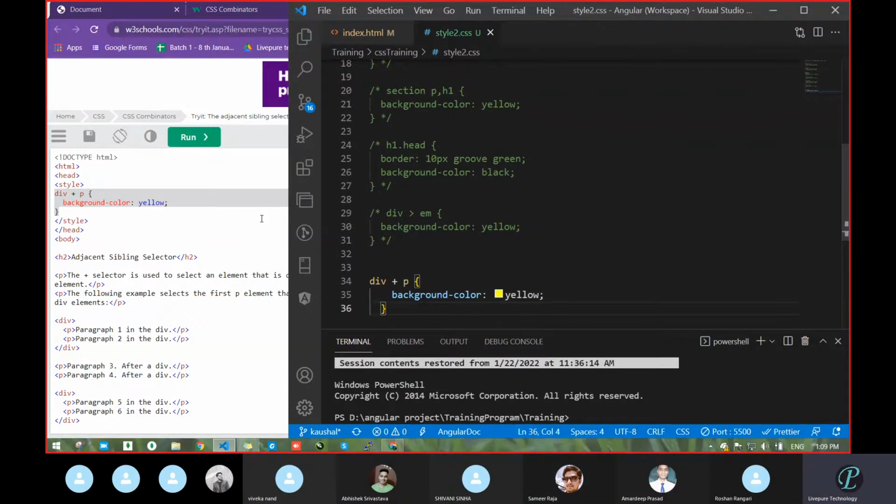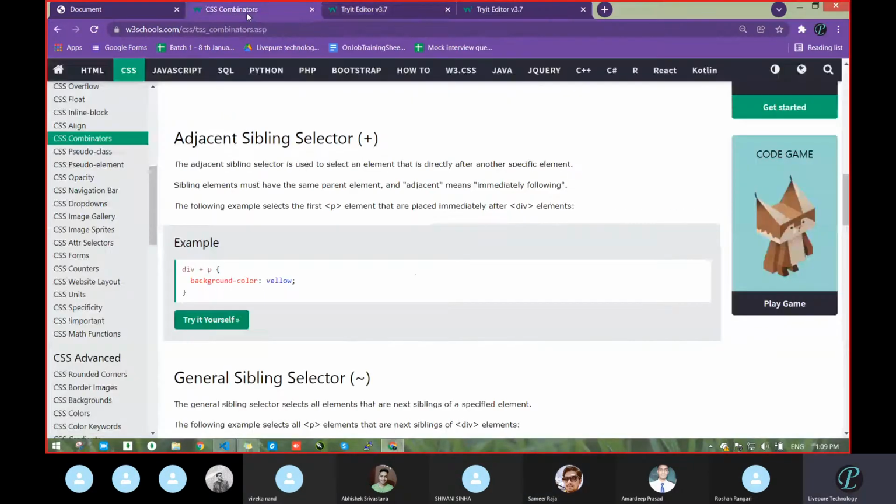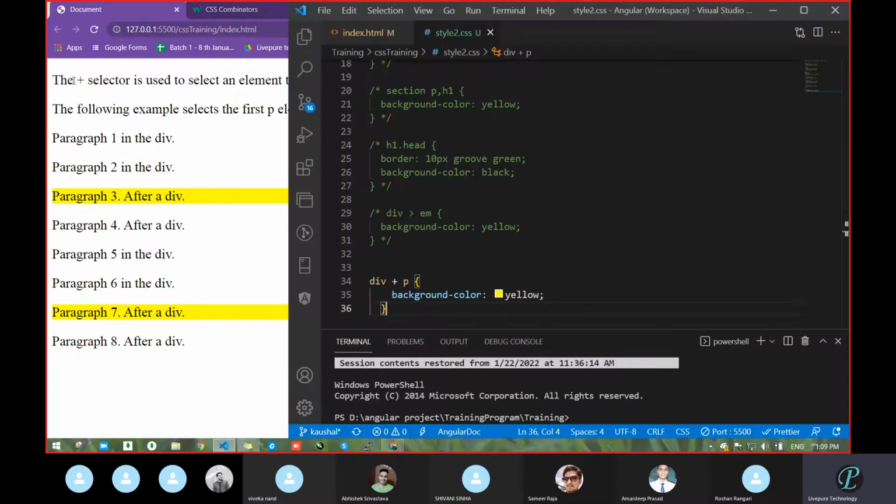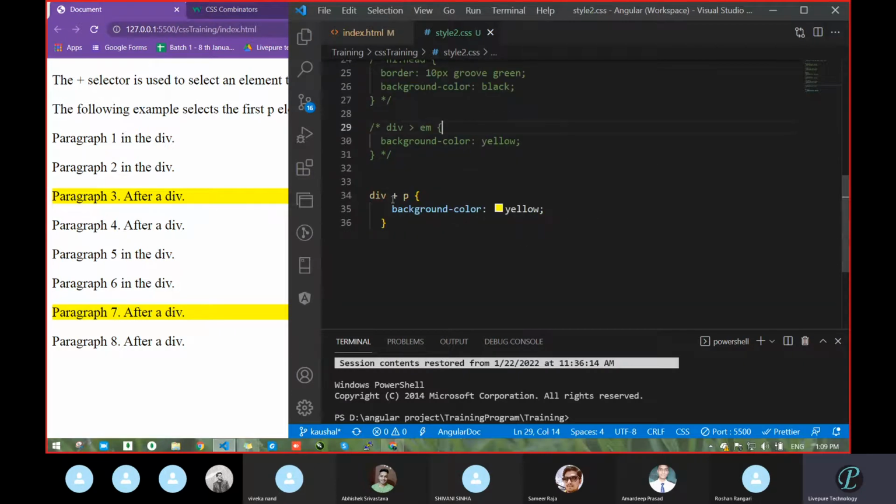Okay, so now our next selector is the adjacent sibling selector. How will we make a relationship with an adjacent element? With the help of the plus symbol.